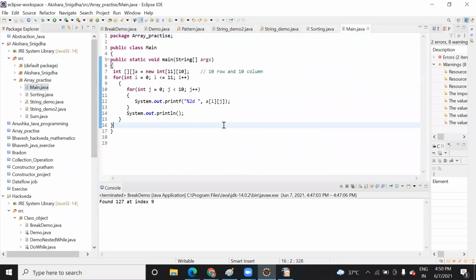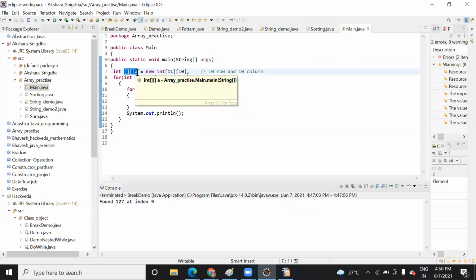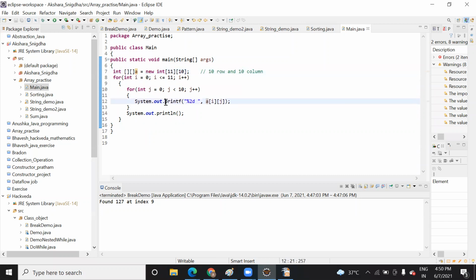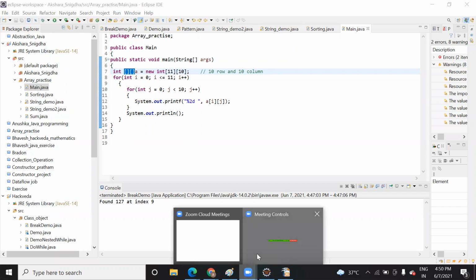So now suppose here we have declared a two-dimension array. 2D array, you know, right? In a 2D array, the only difference is that there will be two subscripts. You can see here I am declaring two subscripts, because I am working on two-dimension data, where we have rows and columns, just like matrices in mathematics, where the data will be in rows and columns. So it will be like this.